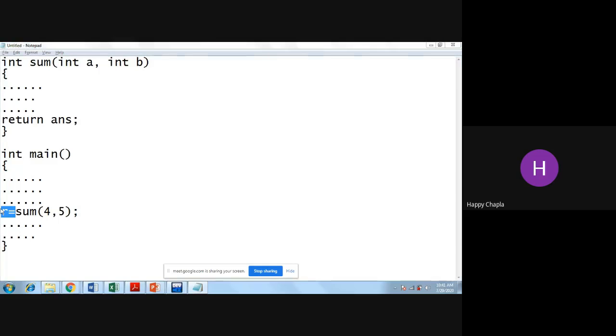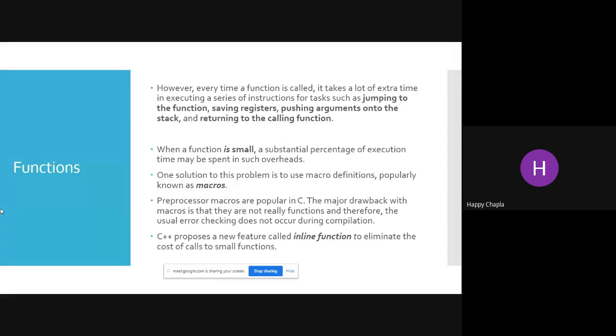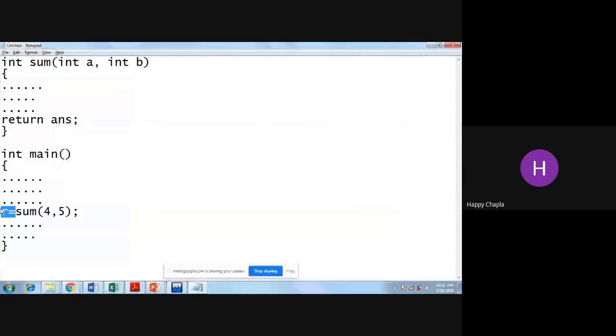So it will take some time to jump to that function and save the registers. That means if in my program I'm using 3 to 4 variables, it requires storing the current location as well as referring to that many addresses, completing the logic of that function, and then returning.